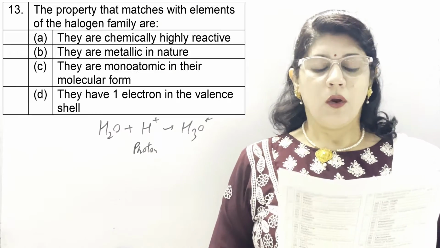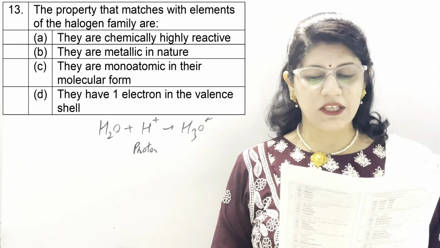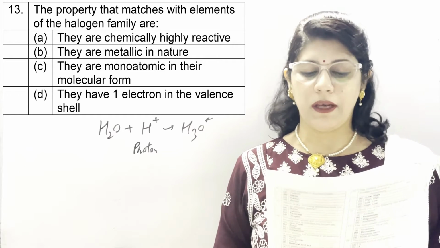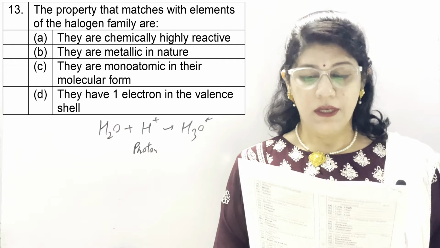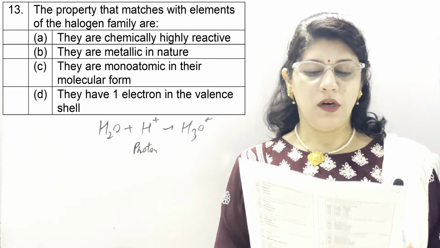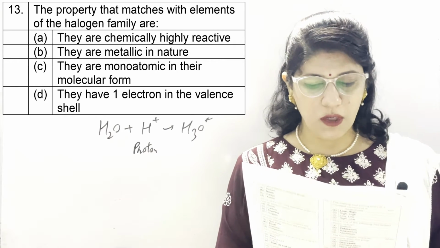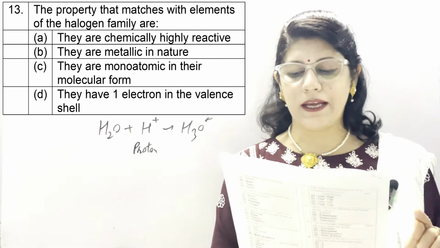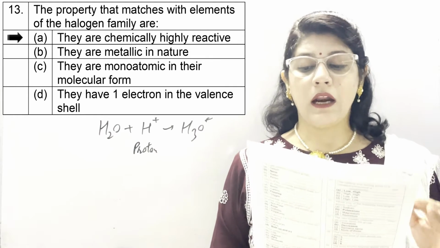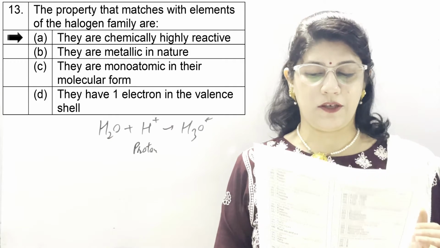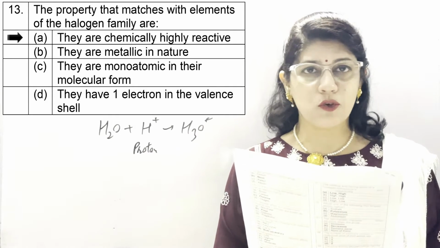electrovalent bond. Question number 13, the property that matches with elements of halogen family are. First option is they are chemically highly reactive. Second is they are metallic in nature. C, they are monoatomic in their molecular form. And D, they have one electron in the valence shell. So correct option is A, that they are highly chemically reactive because they need only one electron to complete their